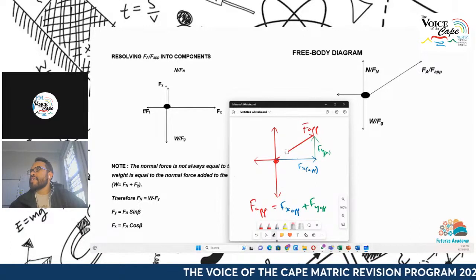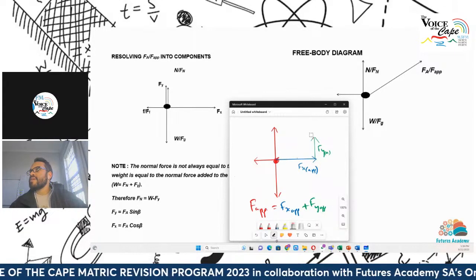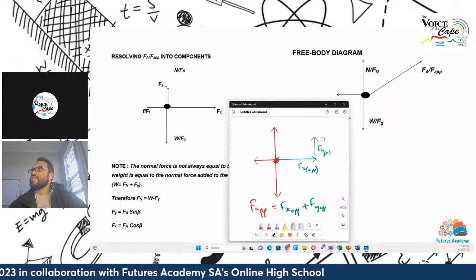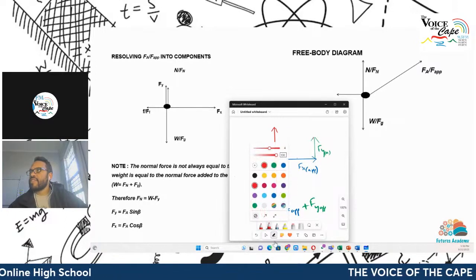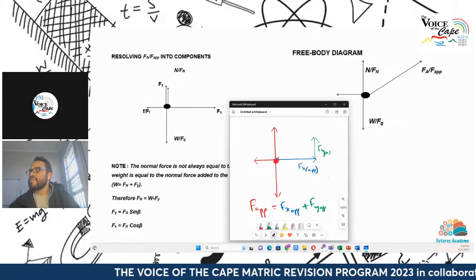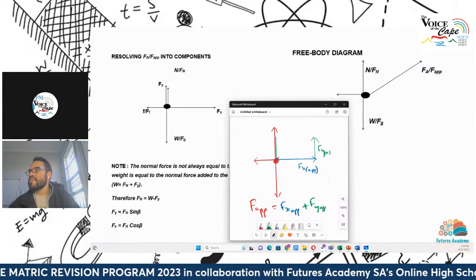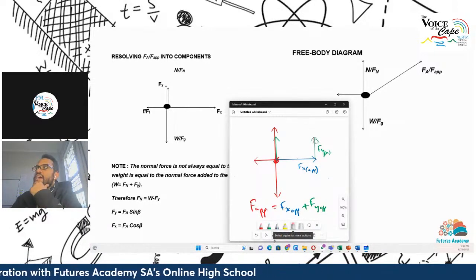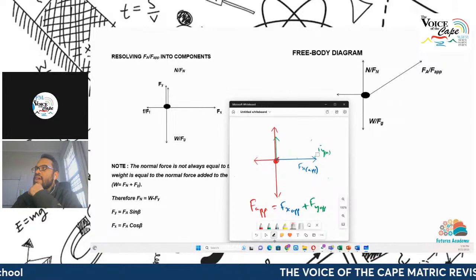Or you draw that, right? So you draw either the components of it, or you draw the actual applied force that you see over here. And remember, if you're drawing it on a free body diagram, you're not going to have that green arrow over there. You're going to have the green arrow over here on the dot itself, and it will be drawn like that. So you won't have it on this side, because remember, on a free body diagram, all our forces are going away from the dot. So this green arrow is equivalent to the other green arrow that you see over there.